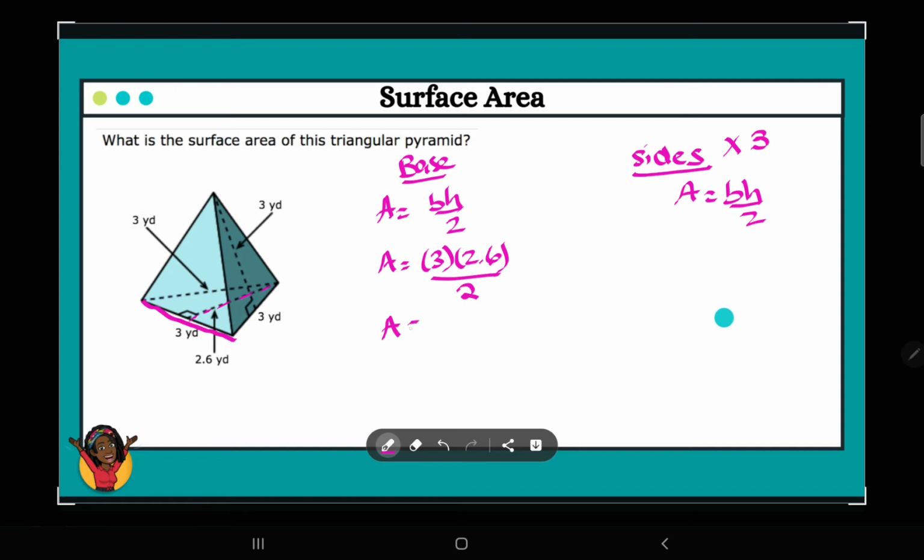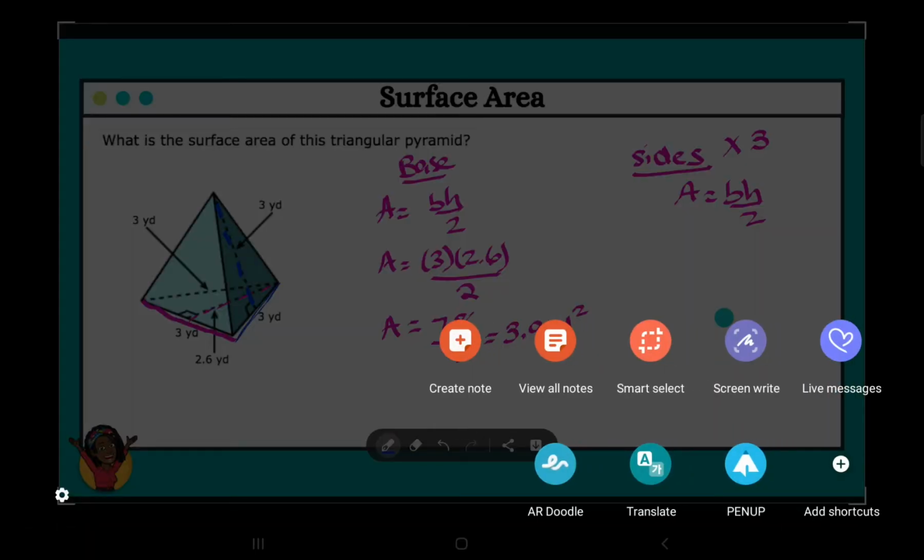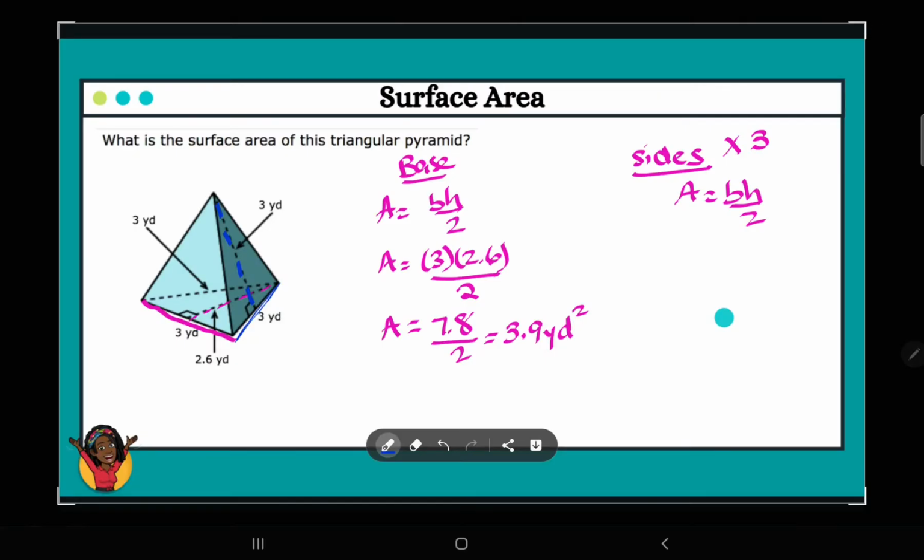So 3 times 2.6 is equal to 7.8. We divide that by 2, and that gives us 3.9 yards squared. And now for the sides, we see that the base here is 3 and the height is also 3. So let's substitute that in. 3 times 3 is 9 divided by 2. That gives us 4.5